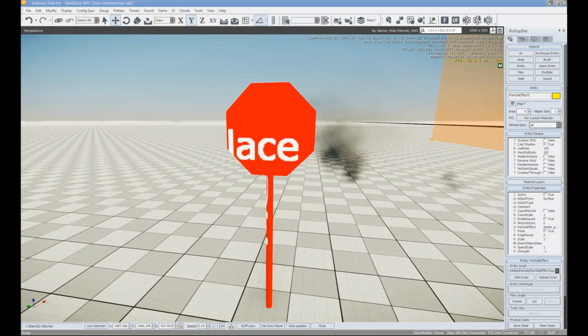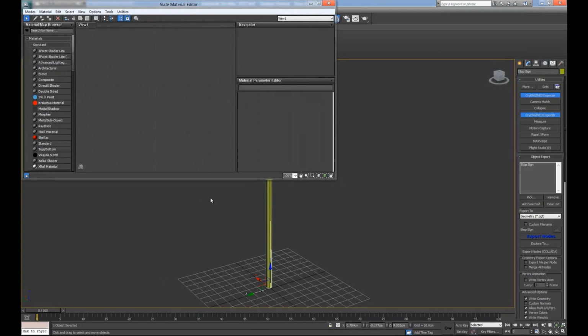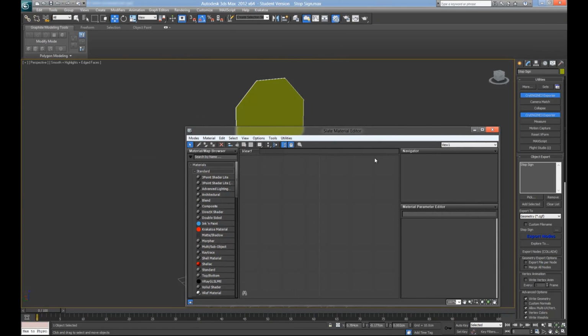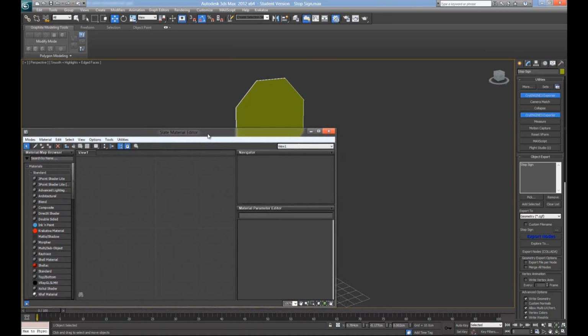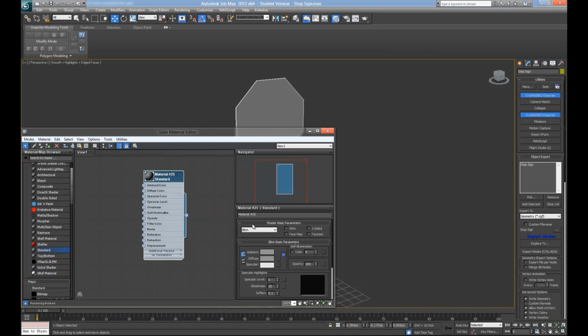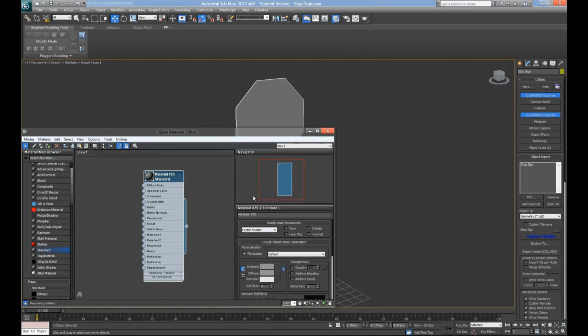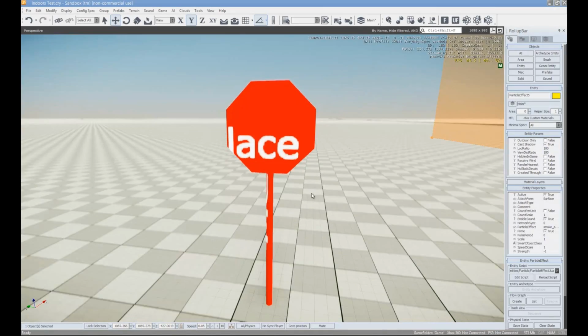So we are going to go back to stopsign.max, and we have to apply the Crytek shader. So we're going to press M on our keyboard, open up the material editor. Using a slate material editor is really, in my opinion, the best way. If you have a newer version of Max, it will have this. Just use 2012, that's what I'm using. It makes a tutorial much simpler. Click standard, drag that into your slate material editor, apply the material, double click this, and go to Crytek shader, physicalize. Exit this, re-export the nodes, and then now